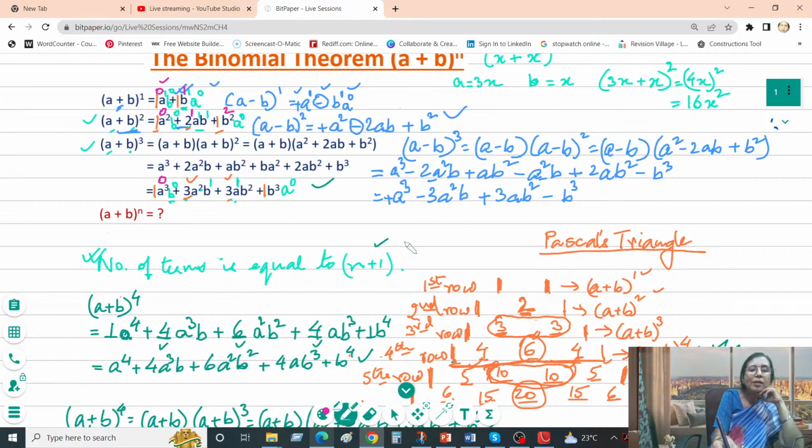Over here, this is the 0th term, this is the first term, this is the second term, and this is the third term. Okay? So now you see the third term matches with this number 3 because we are starting with 0. But you have to remember that the total number of terms will be equal to n plus 1. Don't get confused. If you start your counting with 0, then the last term will be the third term, of course. But the total number of terms is equal to 4. Okay, 1, 2, 3, 4. There is no doubt about that.